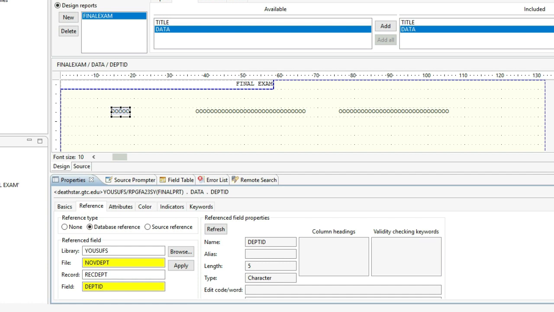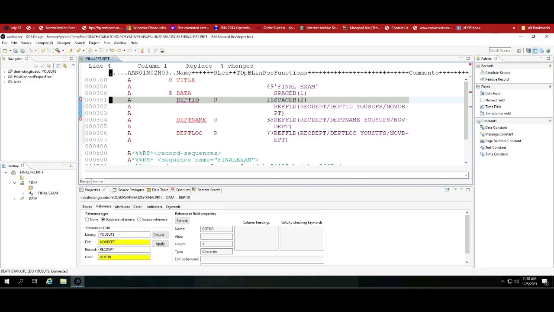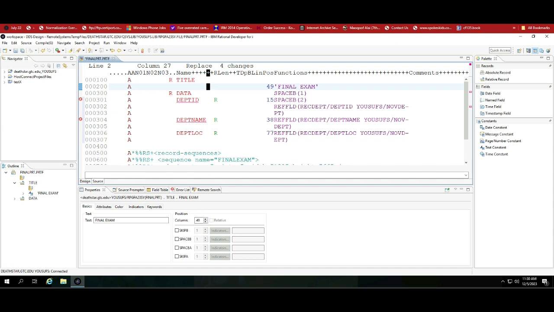Once you make that connection, you go to the source tab to make sure that all the source is written for you. And that's where you can simply save the changes and you can then compile. So if I compile this source code,